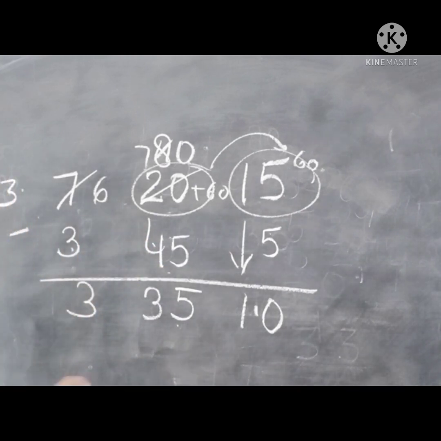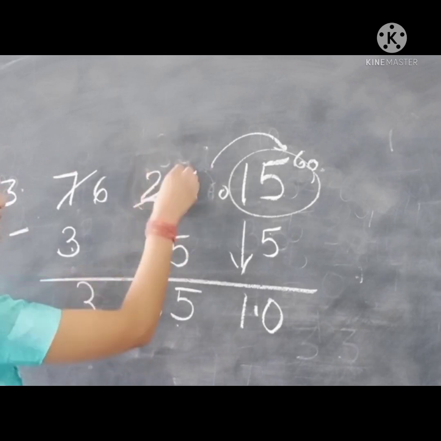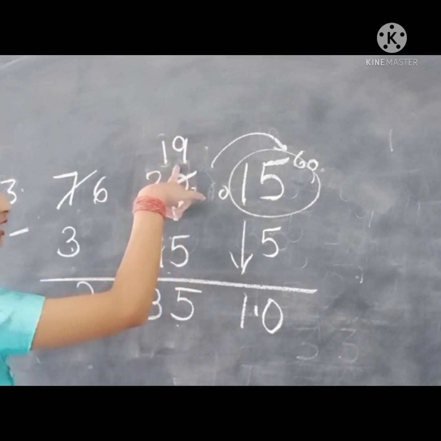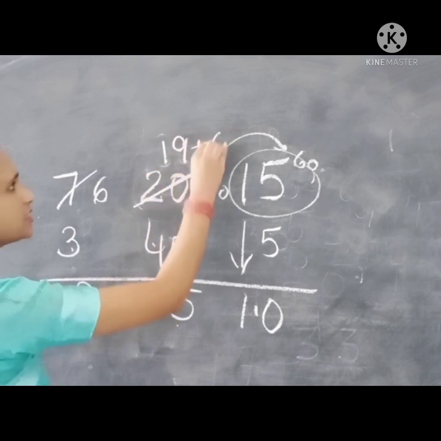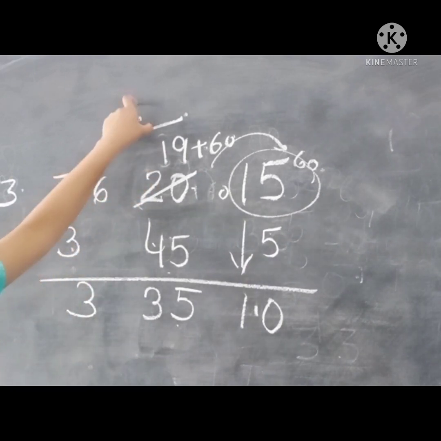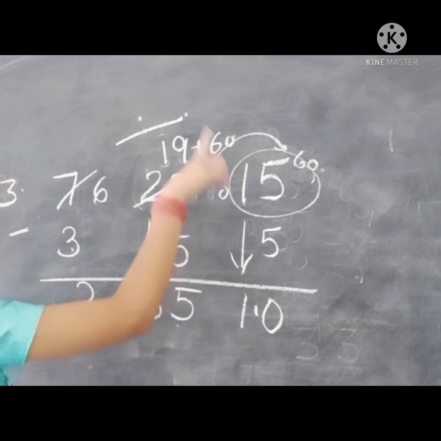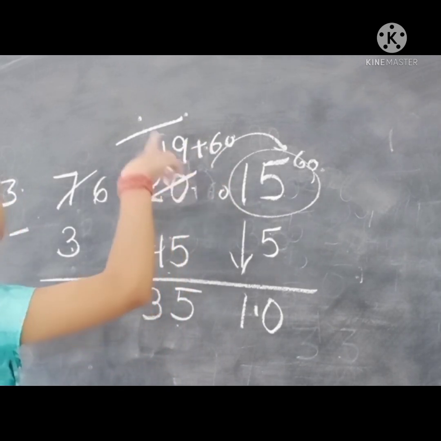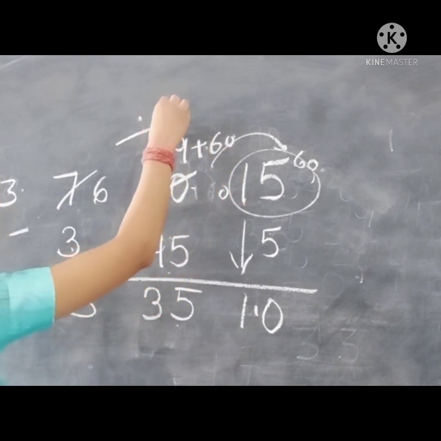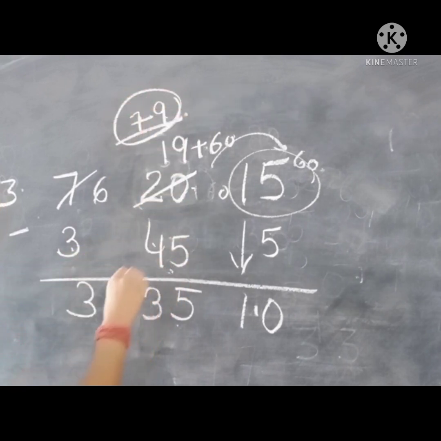And when you write in exams, what you will write is like this: 20 and 45. If you have to reduce it by 1, first you will write 19 here. Then you will again add 60 to it and then write the answer here. Each and every step you have to write. Do not rub anything. If you are subtracting 1 from it, write 19, and then if you are adding plus 60, write here 79. And then you have to do 79 minus 45.